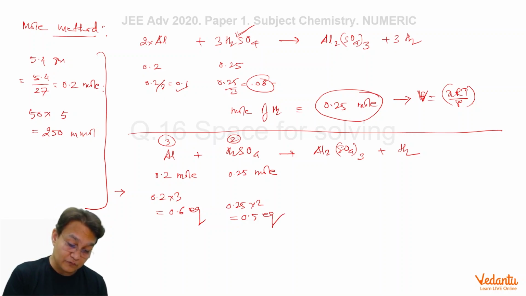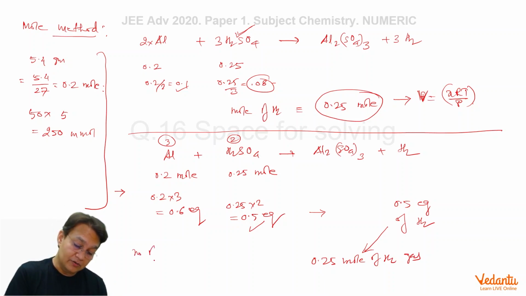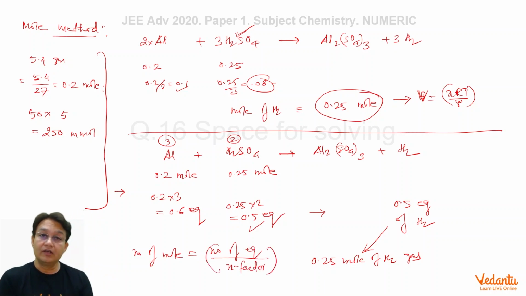Obviously the equivalents of H2SO4 are fewer, which means this is limiting, so 0.5 equivalent of this will form 0.5 equivalents of H2 gas, and that will give you 0.25 mole of H2 gas. The formula used here is number of moles equals number of equivalents divided by n factor. So these are the two methods by which you can